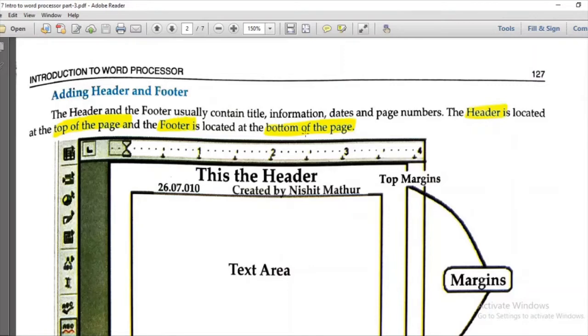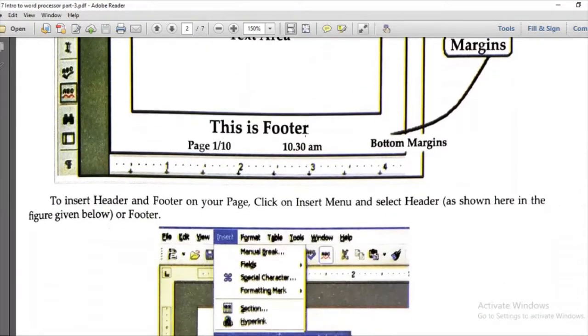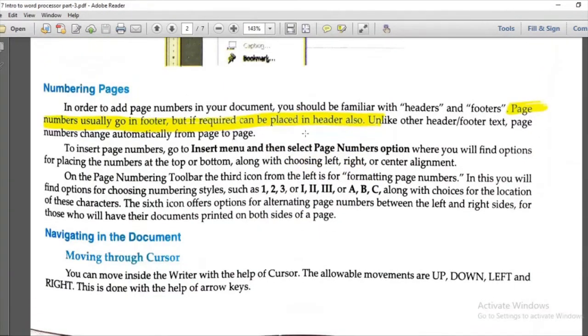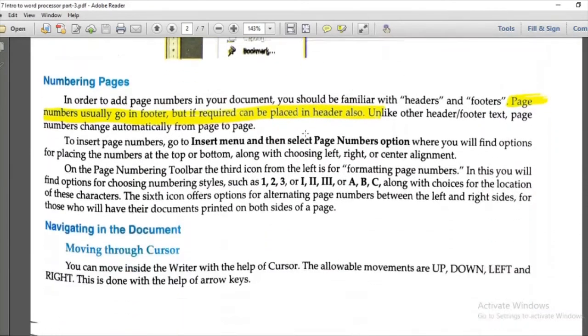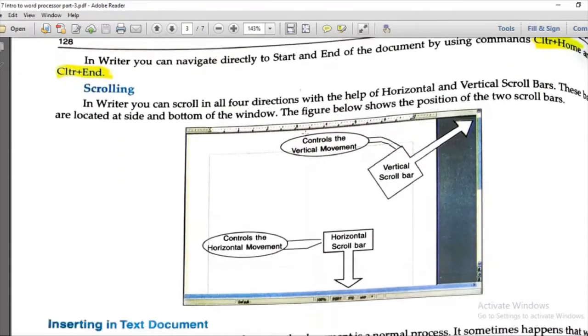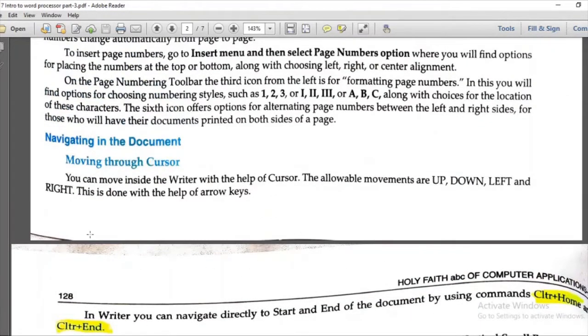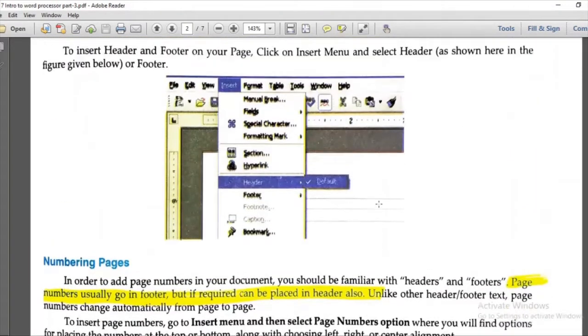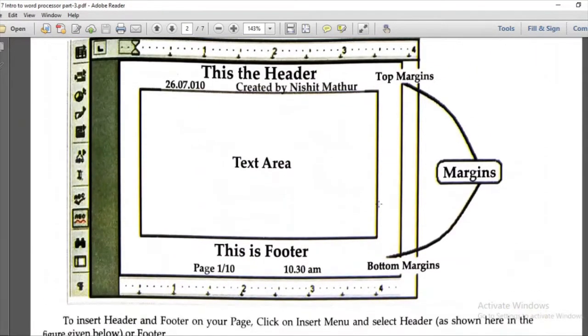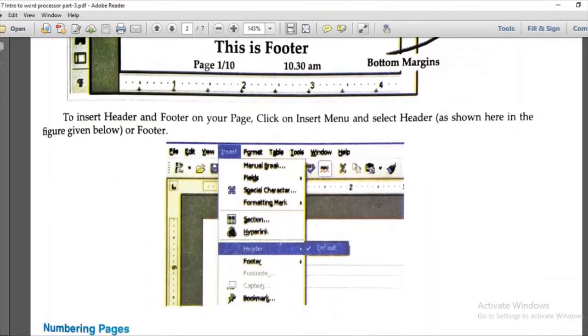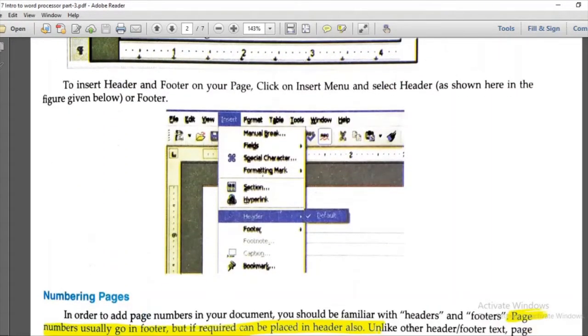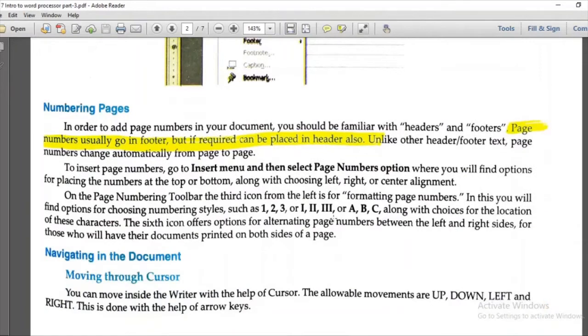Similarly, the footer is the bottom of the page in your book. There is no footer used in your books, there is only a header used. But in some books you can see that there is a page number or the book chapter name written at the end of the page. That is the footer. You can also give that in your MS Word. For doing that, click on the Insert menu and select Header from there, and you can then edit it according to your need. You will see this in the practical part.